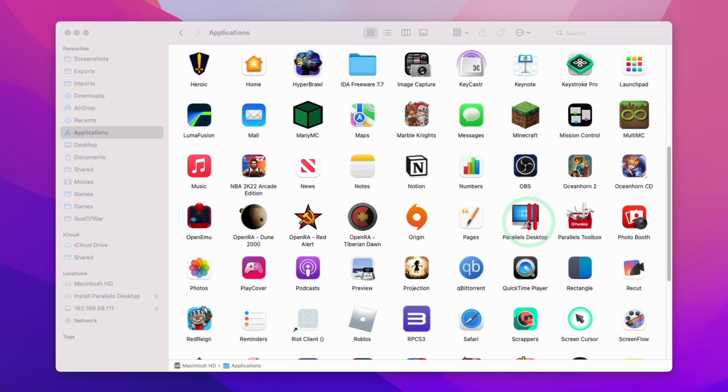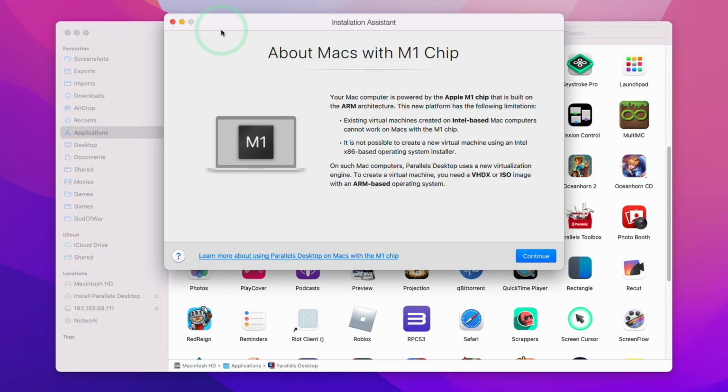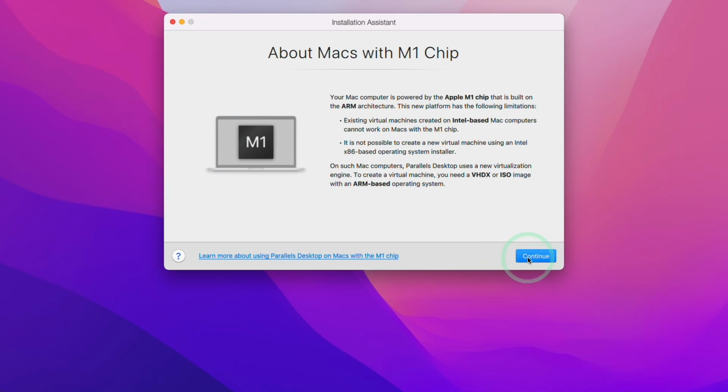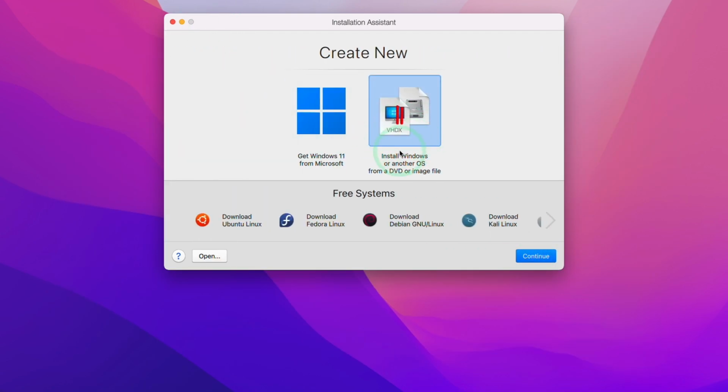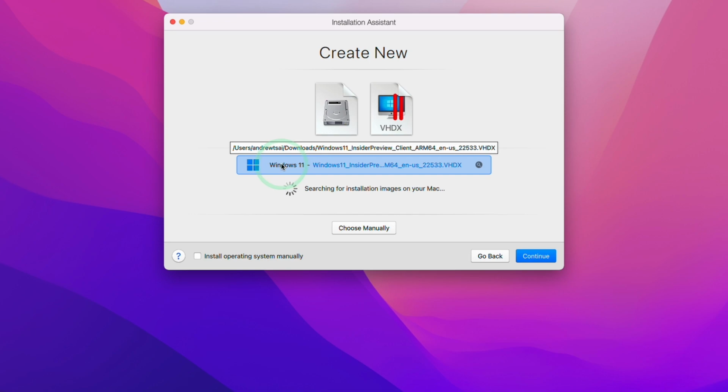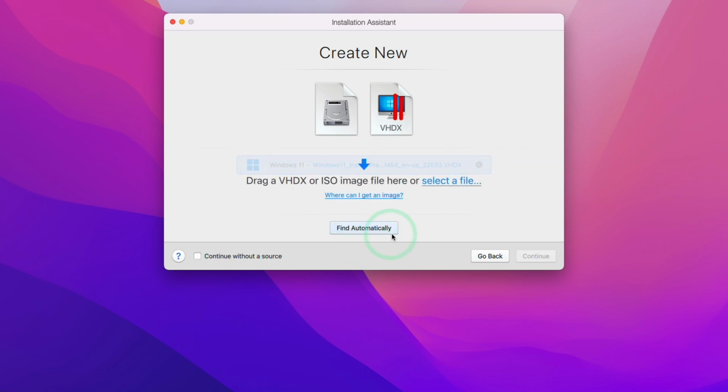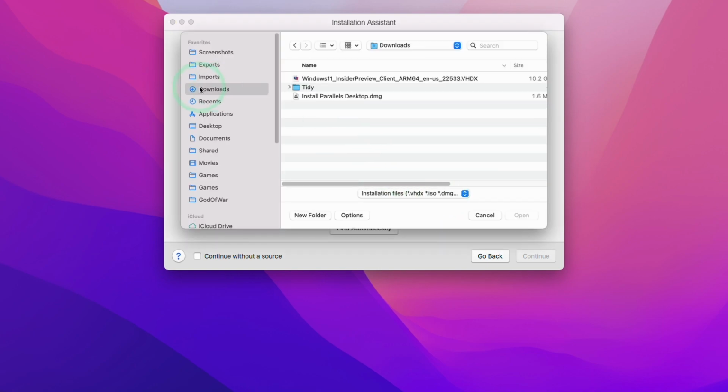So once Parallels is installed, what we're going to do is to double click on Parallels Desktop, and then we're going to be met with this installation wizard. So here we're going to press continue, and what we're going to do is to create a new Windows 11 ARM virtual machine. So we're going to select the right hand side icon here and press continue. Now it's automatically detected that we've downloaded the Windows 11 ARM VHDX file in our downloads folder. So if this doesn't appear, what you can do is click choose manually, and then click select a file, and then we can go to our downloads folder and then select the Windows 11 ARM Insider Preview and then press